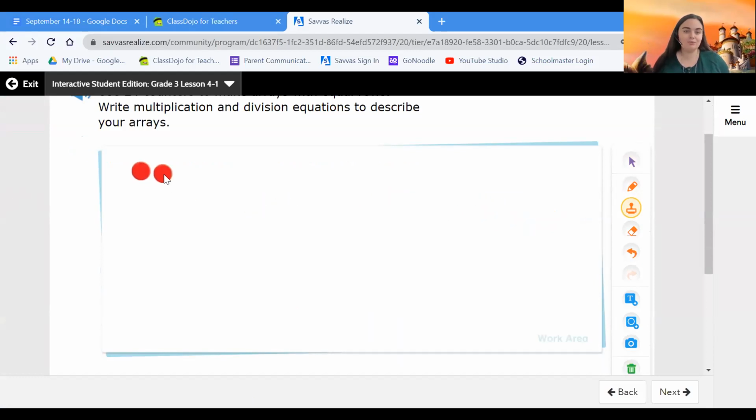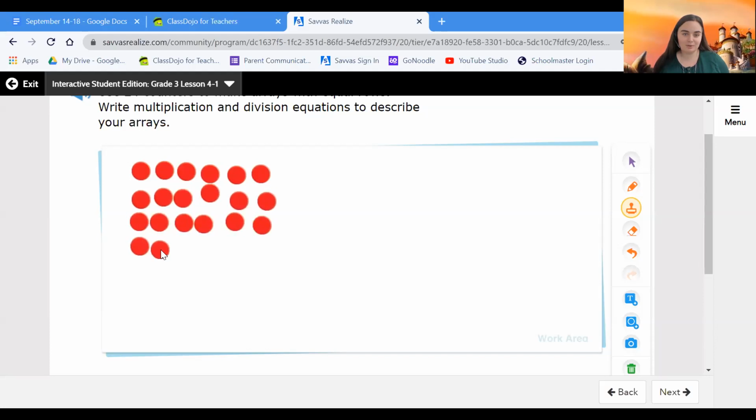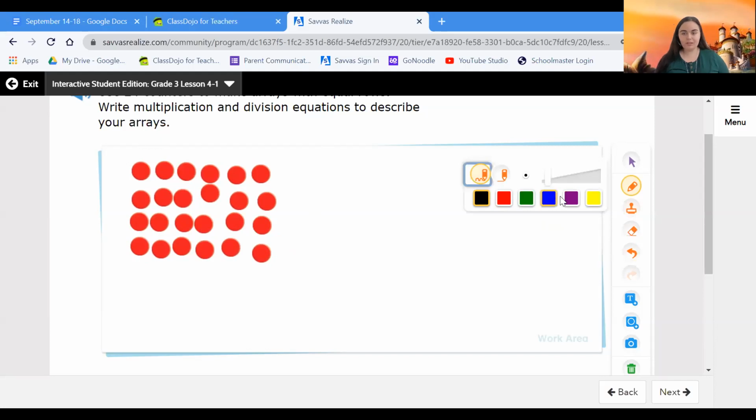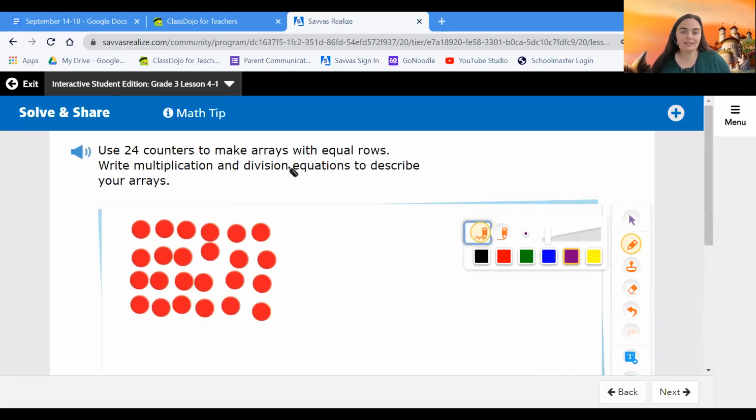So we've got 1, 2, 3, 4, 5, 6. I'm just going to have 6 in each row here. So let me build in those 24 little counters, and I apologize, it's not perfect, but you know, human error. All right, so there's our 24 little counters, right? So now it's asking us to have them in equal rows, done, and write the multiplication and division equations to